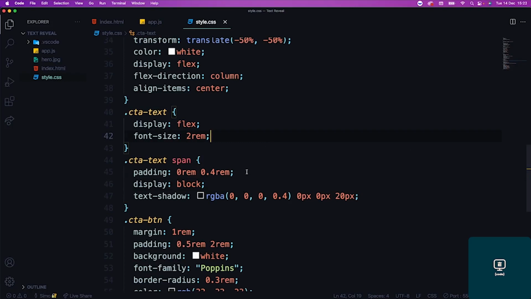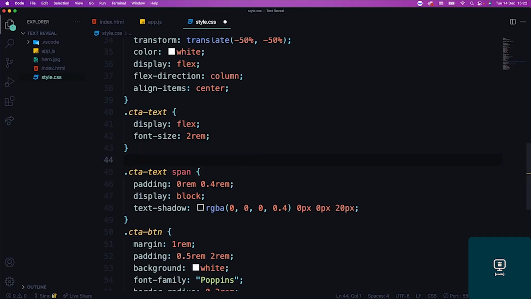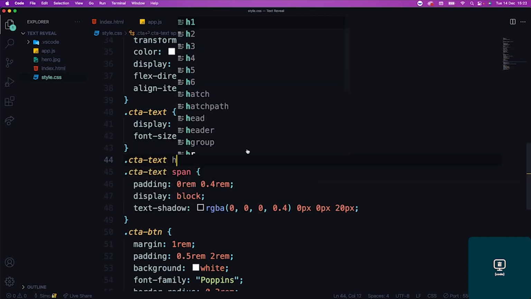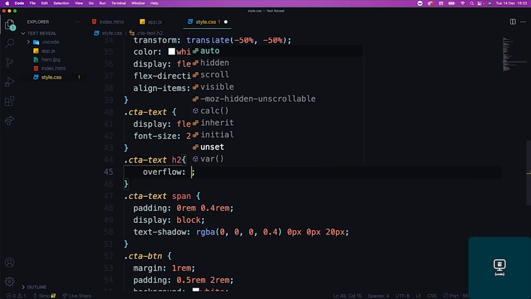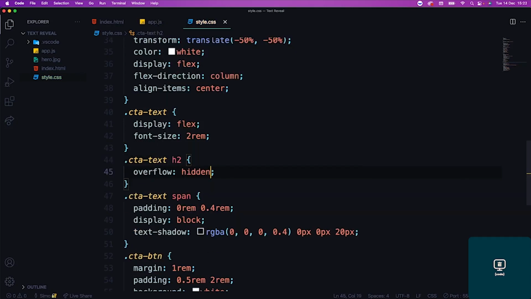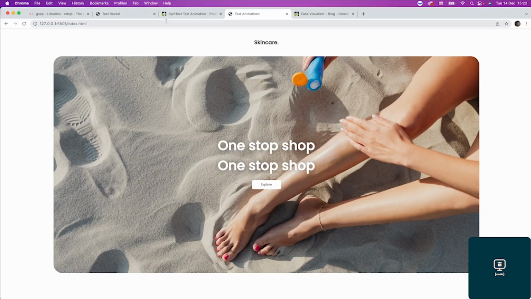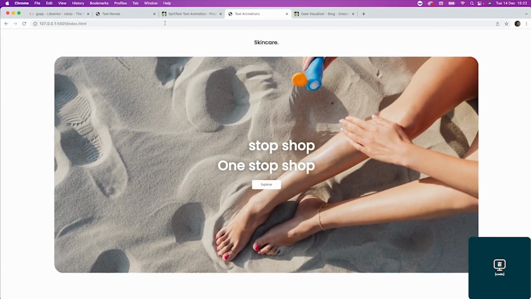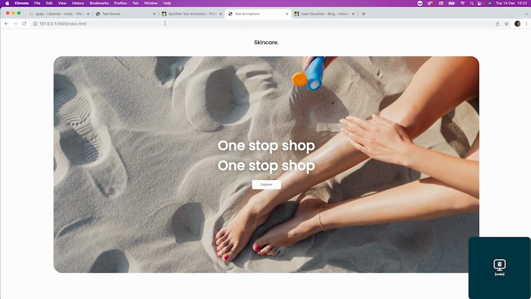I'm not targeting the CTA text H2, so let's just grab the H2 and add an overflow of hidden to it. Remember, these are stacked up together. So now if we refresh, there we go, it just slides out from there. Perfect. And essentially, the way I picked this 110 here is I just increased this number until it was fully